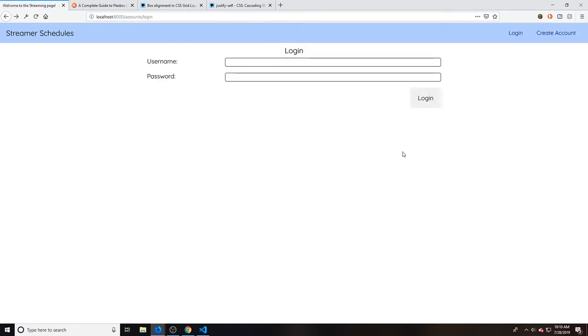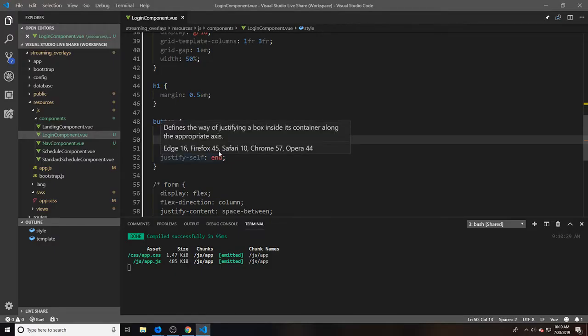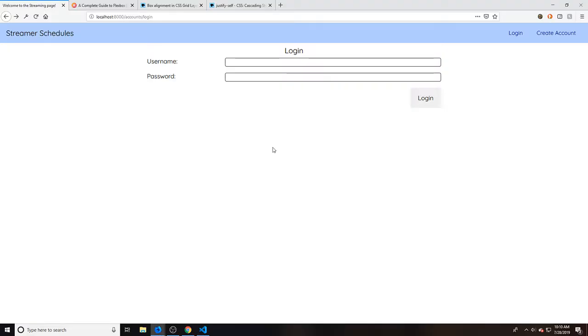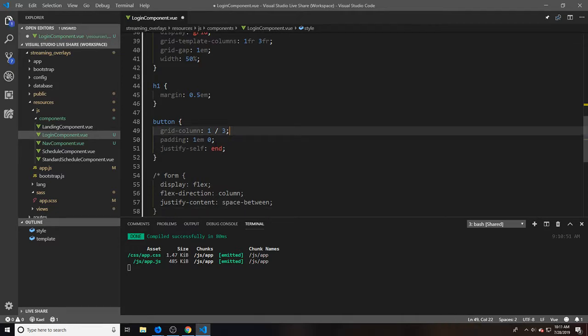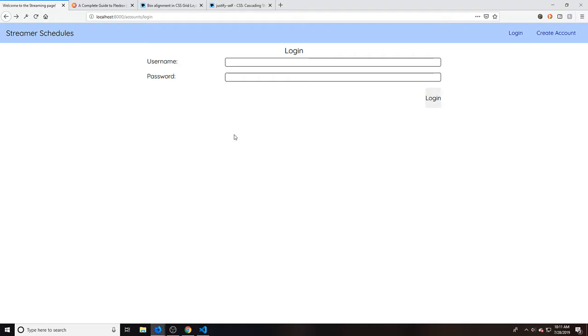I mean, it looks nice. I like the way that looks. So here's the real question. Why do we need to set the width? I thought it would take up the entire grid column if we don't. Let's try getting rid of it then. Okay. Well, that's fine. We just need to make sure the padding is everywhere.